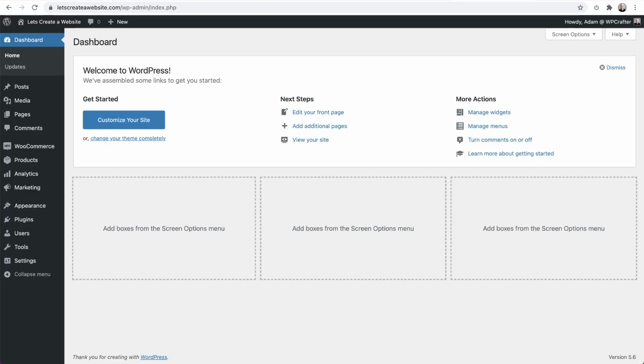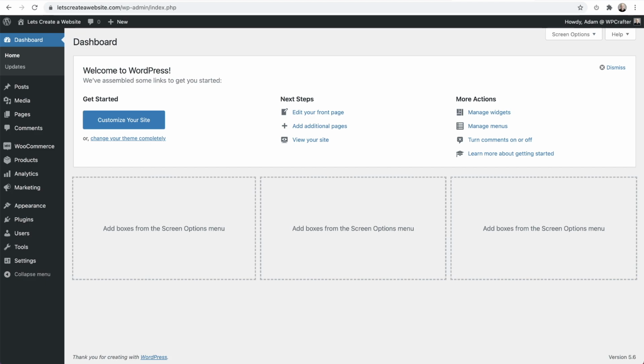So here I am on a website that I would like to package up and sell or give away on my website. So the first requirement is this demo site where you're building this site up that you're going to package. It needs to be on a publicly accessible URL. And the reason why is when your customer goes to install the site on their hosting account, the images get downloaded from where the demo is. So you'll always need to leave this demo up and online.